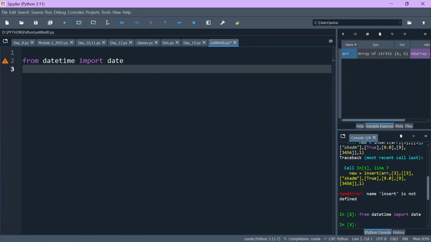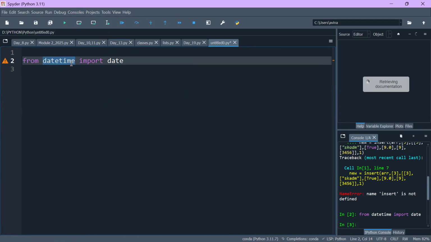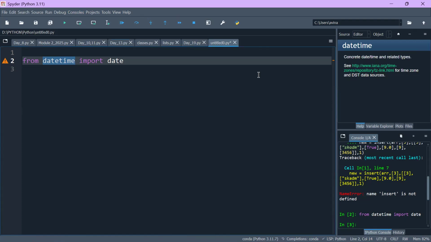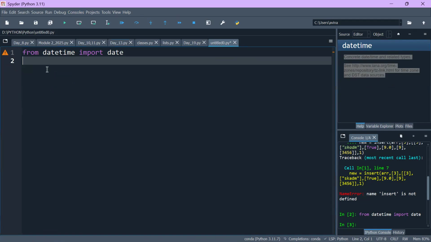Now let's move on to creating an object as a date. Okay, so if I click here and press Control I, I will get all the information behind date and time, basically what is date and time and how it is. So all these things Spyder provides, which no other IDE does. Okay, so first of all,